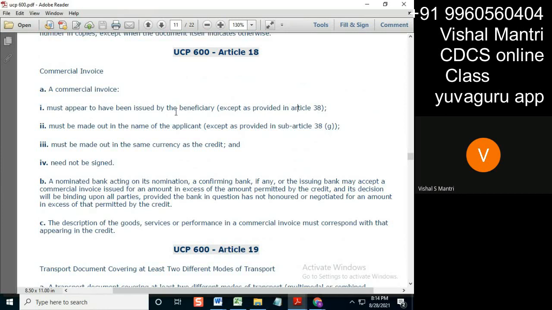So they should be issued by the beneficiary, made out in the name of the applicant. Now there's one problem in this: made out in the name of applicant. Now when I say that the issuing bank is handling the documents, why should the documents be named in the name of the applicant? It should be named in the name of the issuing bank. Why should the invoice be named in the name of the applicant? Because always remember,